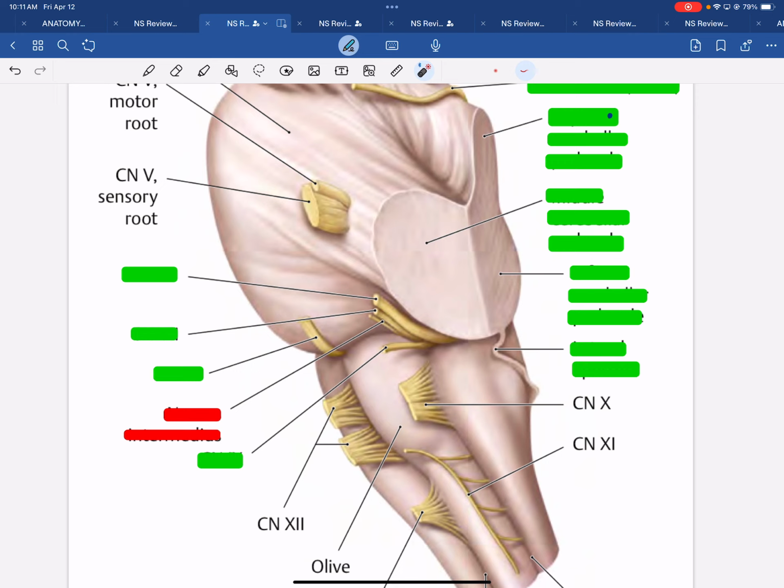Let's see, what is this? Okay, the fourth ventricle, yes, but what's that at the edge of the fourth ventricle? Wouldn't that be the inferior, the hole in it, no? It's not a hole. The hole in it, yes. Oh, you are talking about the hole in it, okay. So it's the